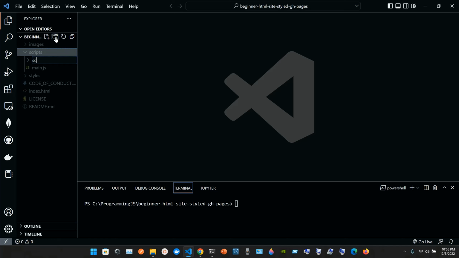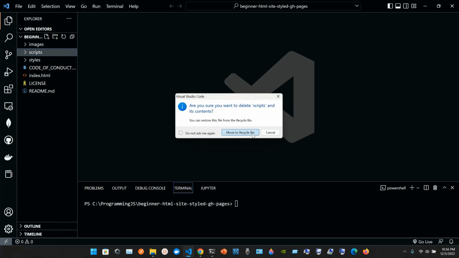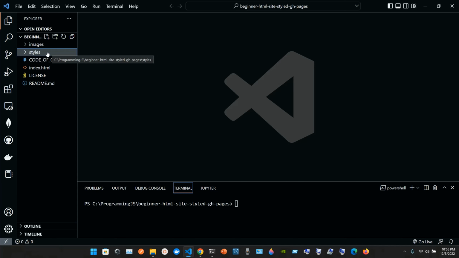In order to create it, I'm going to delete it and do it again. They say go to your test site and create a new folder named scripts. So we go not in styles, not inside images, but here in beginners HTML, and press this tab, new folder, and then you type in scripts. And inside scripts,